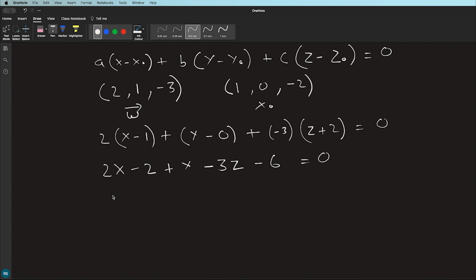So I can further write this equation as 2x plus y minus 3z equal to 8. So this resulting equation is the equation of a plane. Here, 8 is also called the D or